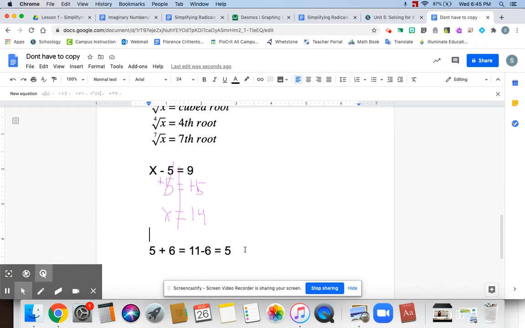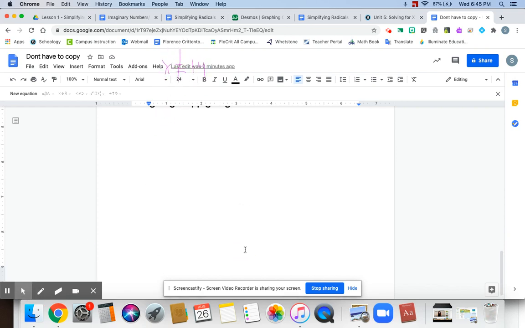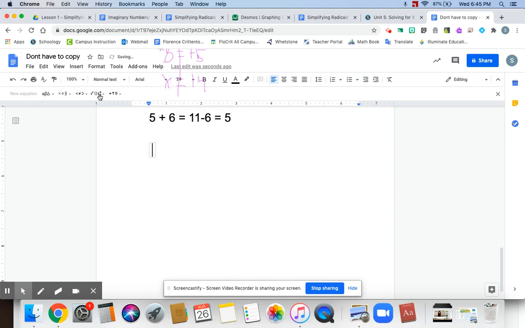So exponents and roots are inverses of each other, which means if I were to take 5 and square it, that means 5 times 5. And 5 times 5 is 25. So then if I have to do something to this 25, because I want to turn it back into this original 5 that I had before I squared it. So to undo the fact that I squared it,